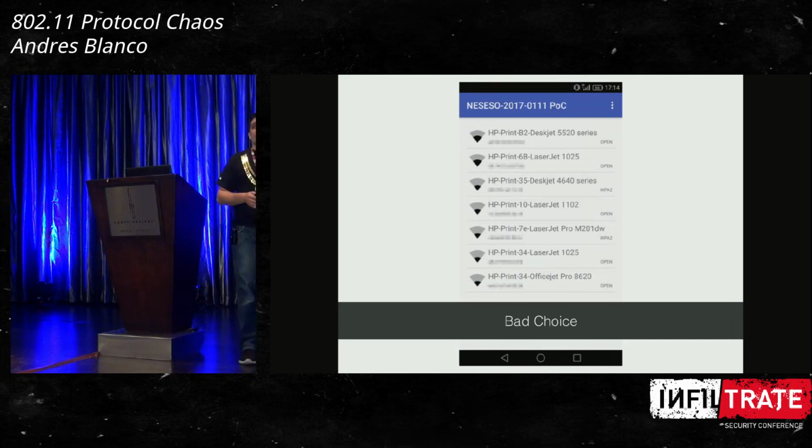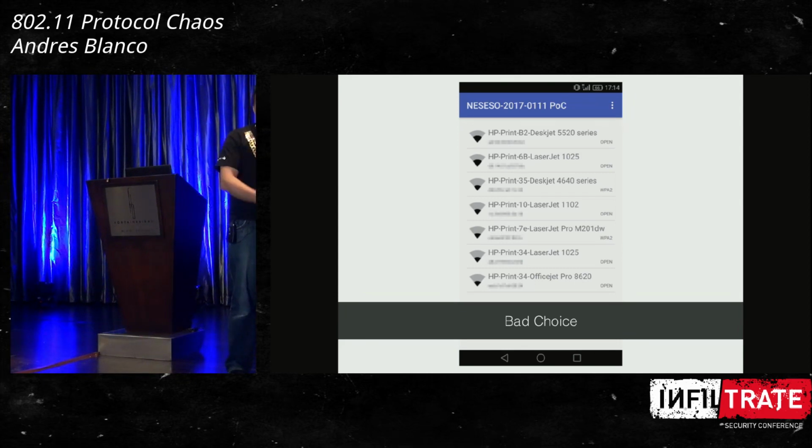So if you go around, again, looking around the city, you will find a lot, but a lot of these printers around. Some of them you can see here have, for example, open networks. So not only can anyone monitor the traffic that is going in plain text and know what people are printing, or sending print jobs, or scanning, or doing a lot of things. They said, okay, this was really bad.